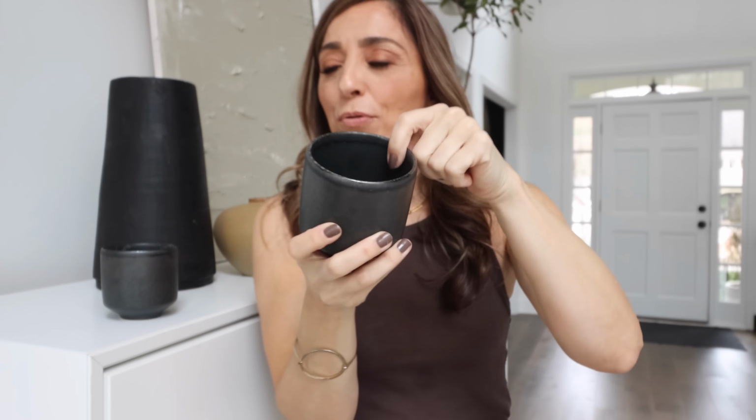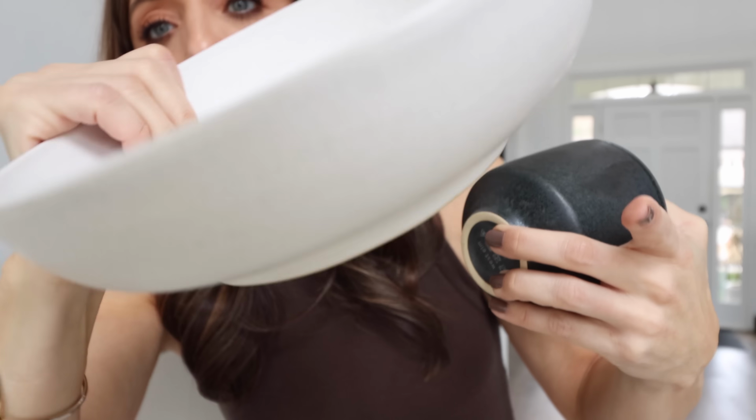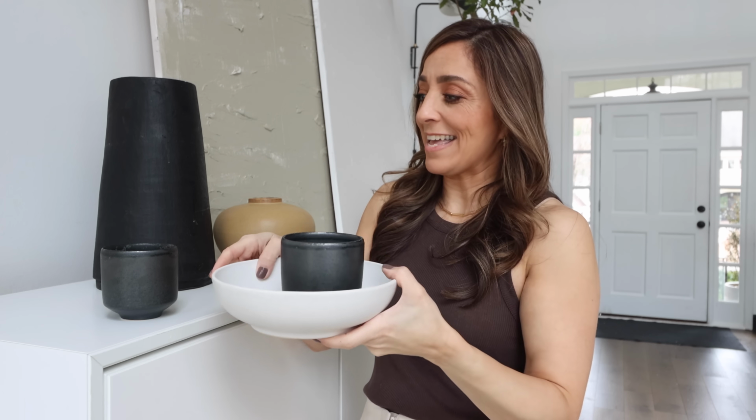I've ordered the plates and the bowls. A lot of this stuff, you can't get everything from the set. And I'm just ordering whatever I can get, whenever it comes available. I love it so much. The black, and in fact, let me show you the white so you guys can see how pretty that is. And look at all that warmth and texture in this. It's beautiful. And I was thinking that the black and the white, and then if I added in,